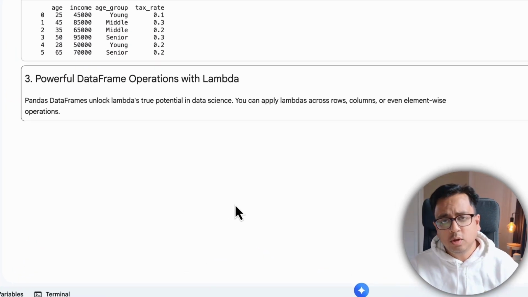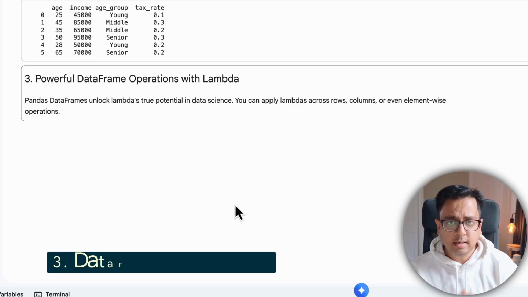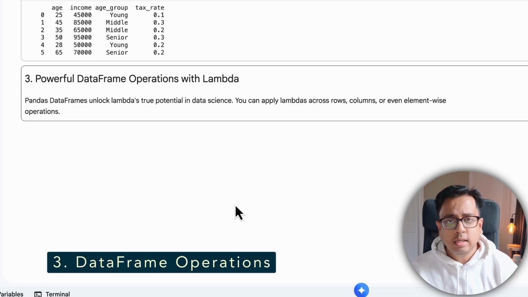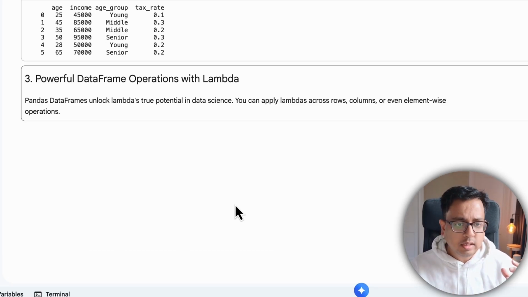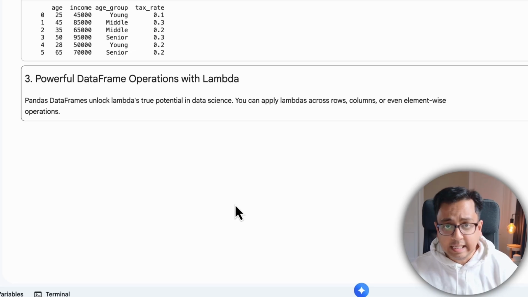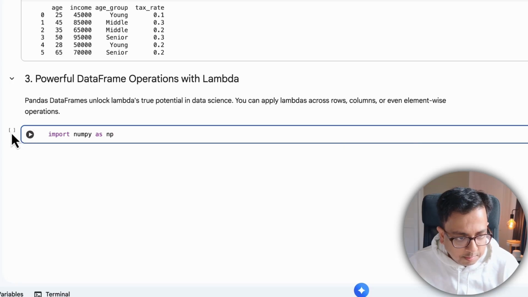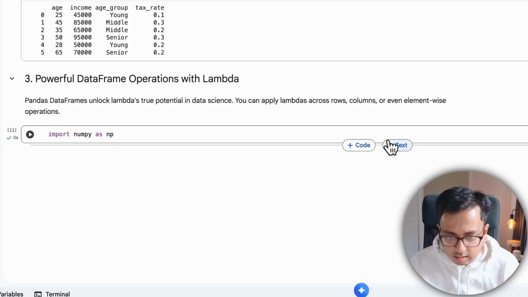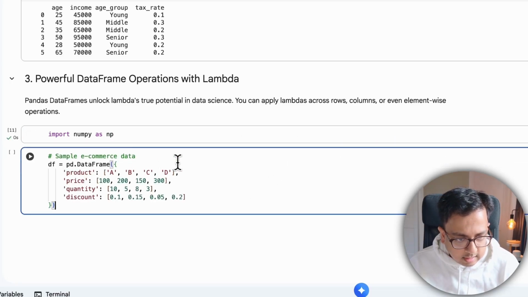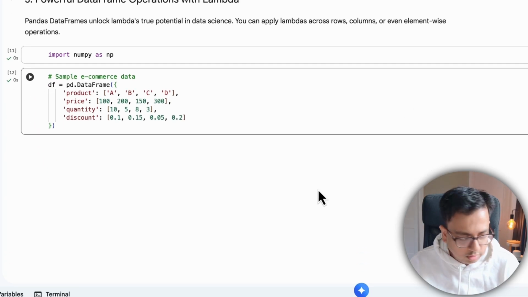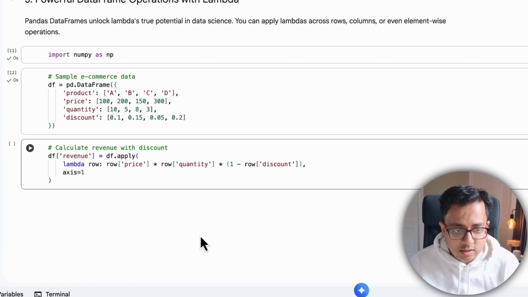Next one belongs to a very fundamental thing from Pandas. It's called the data frame. And here I'm going to show you how many powerful data frame operations can be performed easily with lambdas. So let's see that. For that, I'm going to import NumPy first. And let's create a sample e-commerce data where these are the products, these are the prices, quantity and discount. So far so good. So now let's calculate the revenue